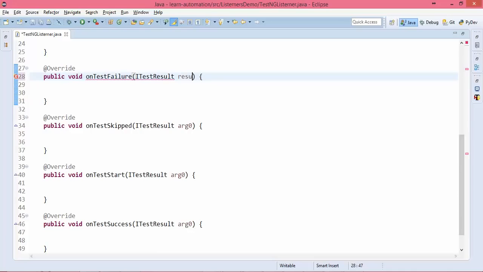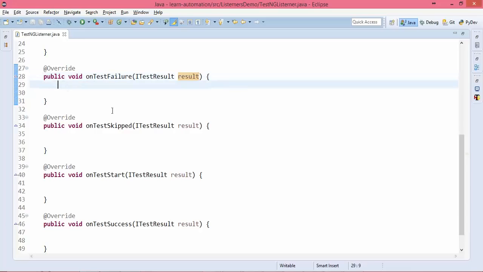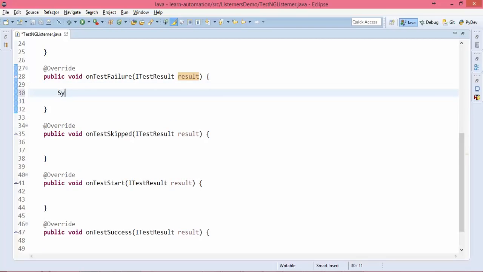So I will just rename it to result. It gives me a proper feeling, like it will store the results only, right? Whatever the result, it will store into this object and I will use this object to get the data. So let's say I want to write, test cases failed and details are plus.